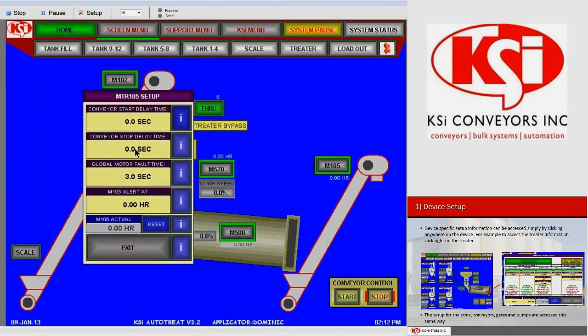The conveyor stop delay time is similar in nature, although it controls when the conveyor stops after receiving a stop signal from the system. For example, if you want the conveyor to run for a period of time after it no longer is needed by the system, you can add time to this timer. Global motor fault time is set at 3 seconds. This is a global setting that, if changed here, will affect each of the conveyors in the system. If you add time or take away time from this particular parameter, this